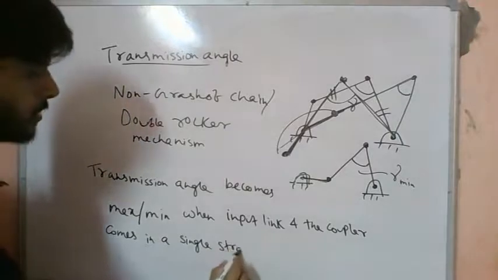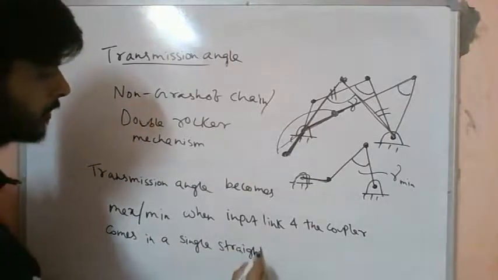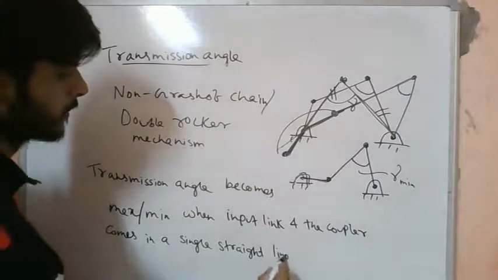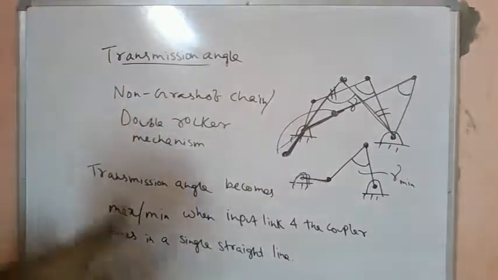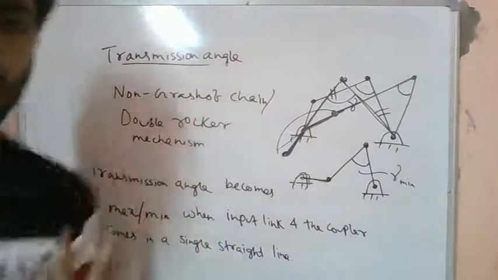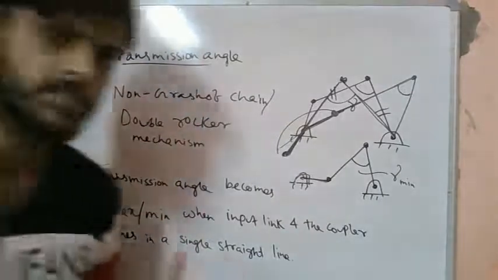So when we have a double rocker mechanism or a non-Grashof chain, that means a triple rocker mechanism,